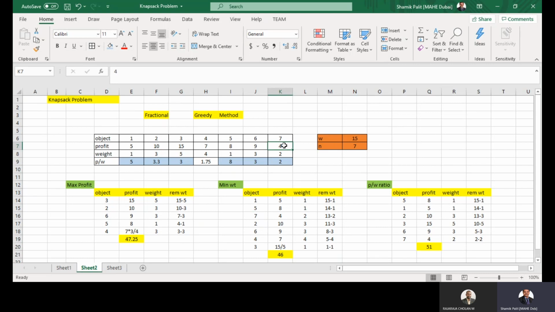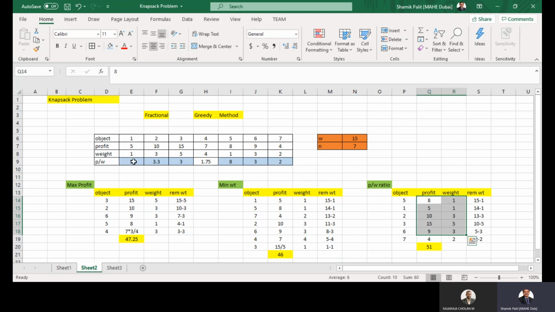One thing here you have to keep in mind, that while picking up, you are selecting by the profit versus weight. Otherwise, there is no role of the profit versus weight. We have to work with profit and weight only. So while you are filling the values, you should be very particular that we are not filling the value of profit versus weight. This particular row is used only for the selection purpose, not for any other purpose, that which particular profit versus weight I will select.